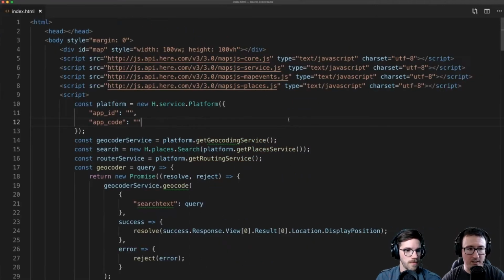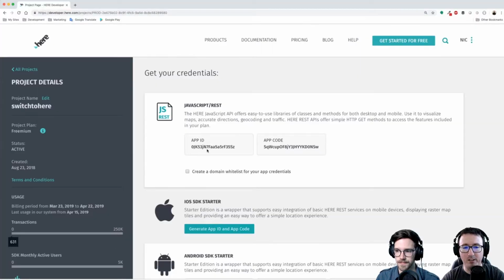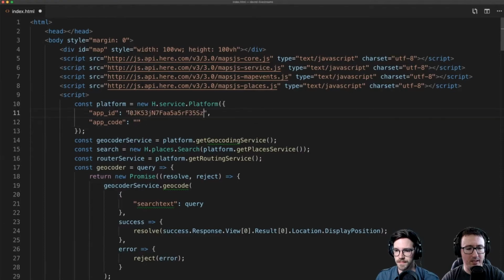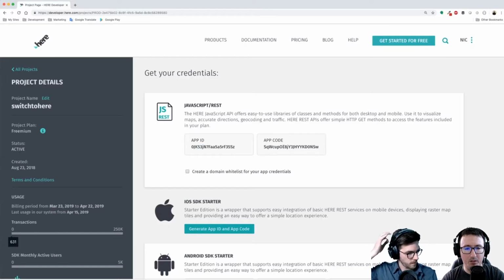So I'll go ahead and close the Explorer as part of my editor. We're going to be working directly out of this. What I want to do is, since my tokens are not there, I'm going to go ahead and obtain them through our Here developer portal. So I'm going to paste it in, paste in the app code,